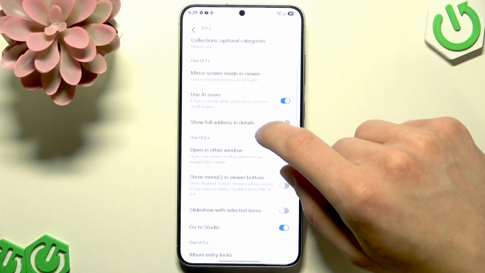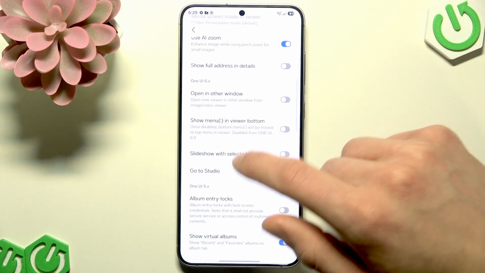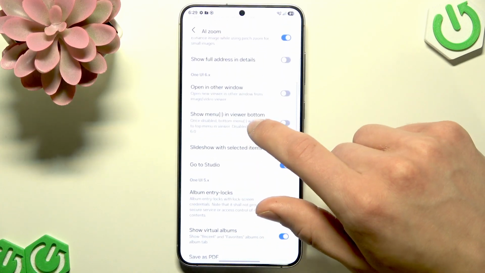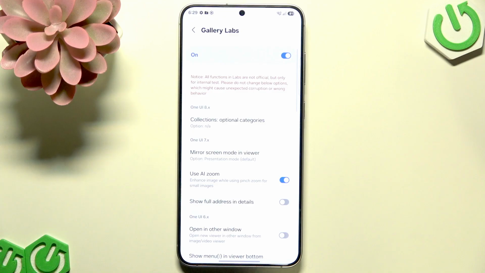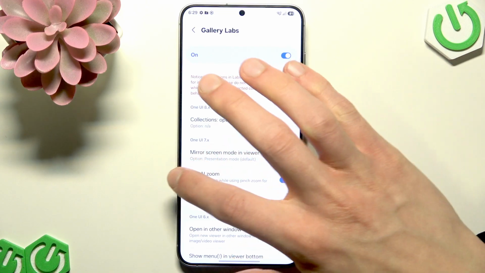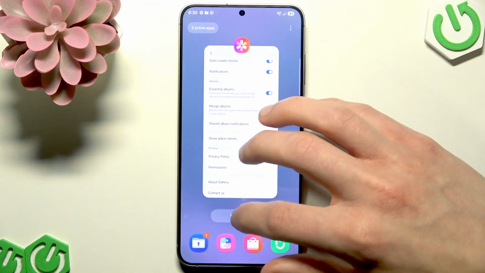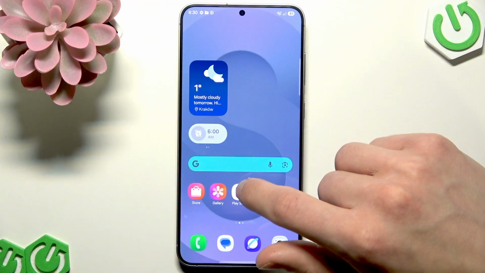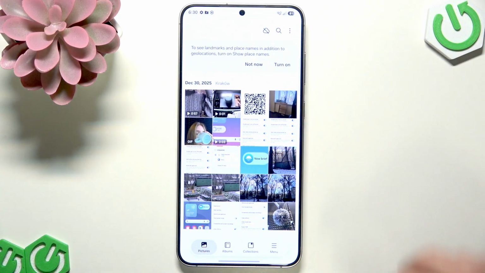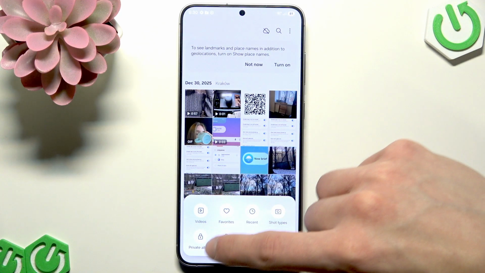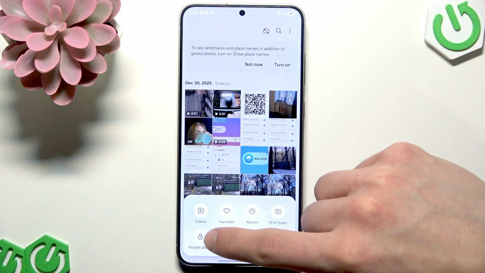gonna have to search for the option called Album Entry Lock and toggle it on. If you have a One UI 8 version, you're gonna have to search for the private album toggle and toggle it on. And after doing that, you're gonna have to open recent tabs and close your gallery. Then enter your gallery, open menu, and if you are using One UI 8, you will see private album in